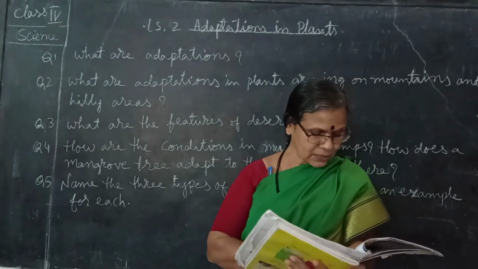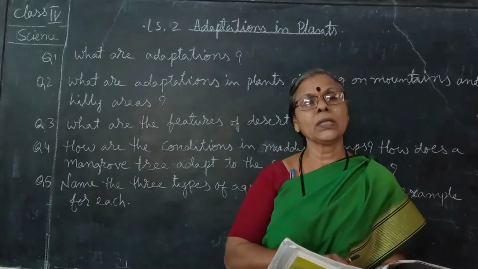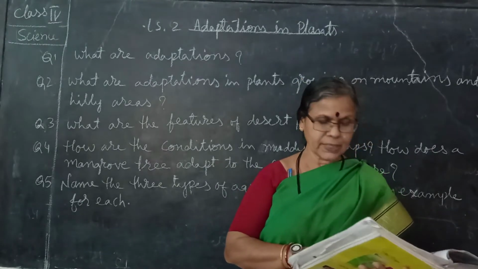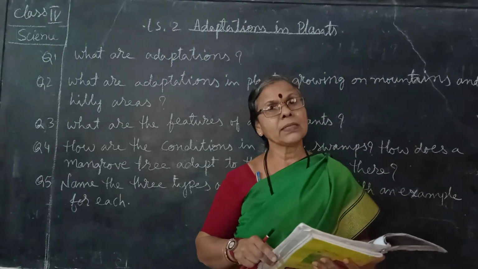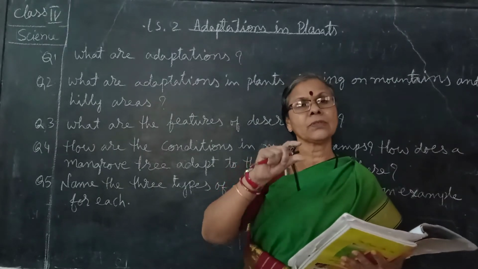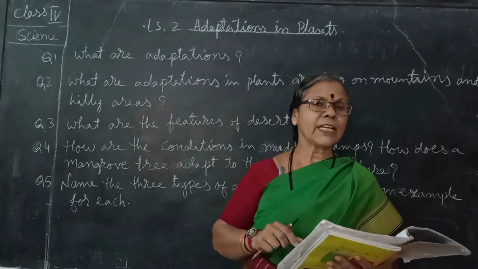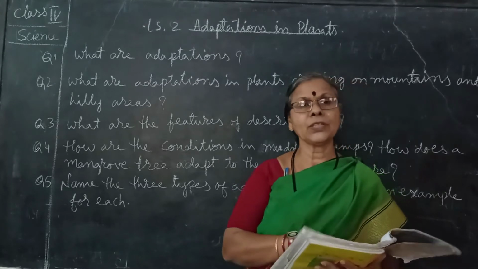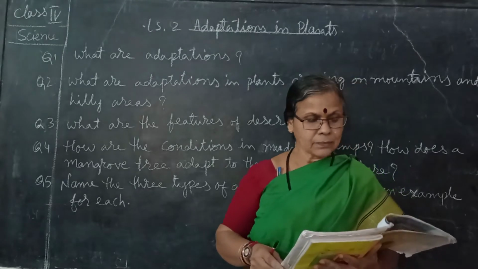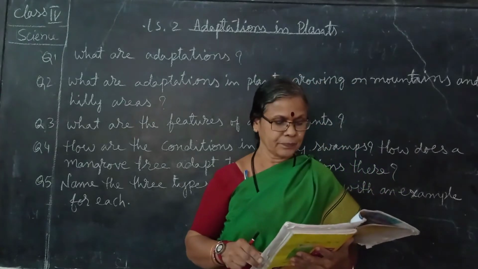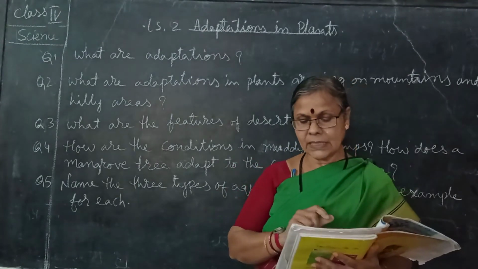It is given in the page number 195, and the plants which are growing on the hilly areas also, pine, fir, cedar, these are the plants growing. And remember the diagrams also. When you observe the picture, please remember that and try to draw the diagrams also, so that you will remember perfectly. The cactus and the plants in deserts. This is very important.